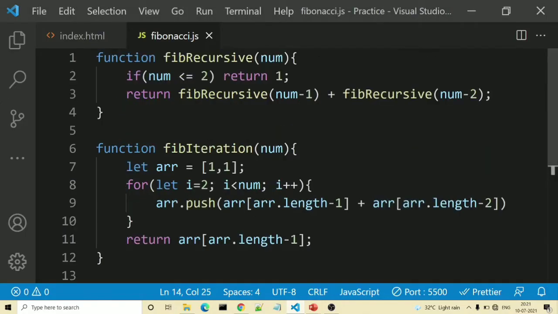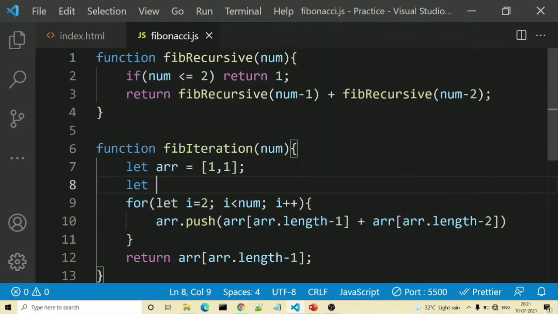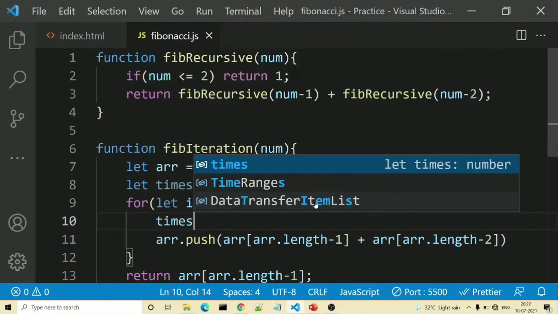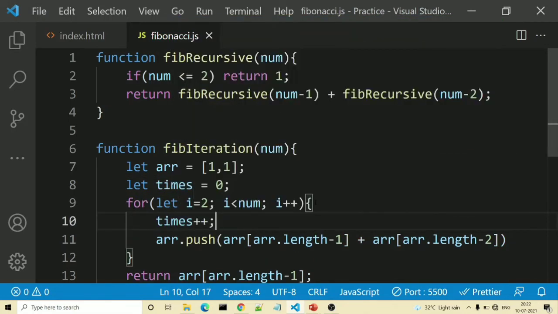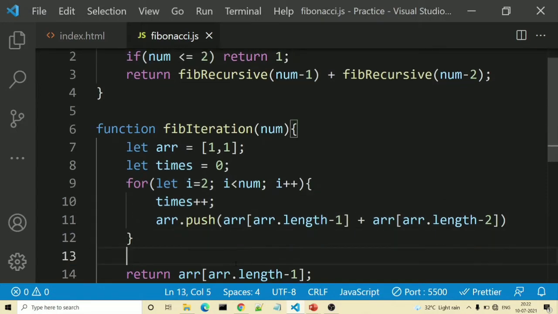So here in case of iteration, inside a function we will write how many times the things are executed. So for that here I will declare one variable named let times is equal to 0 for now. Whenever it goes inside, we will increment it by 1, and at the end we will print it as well.